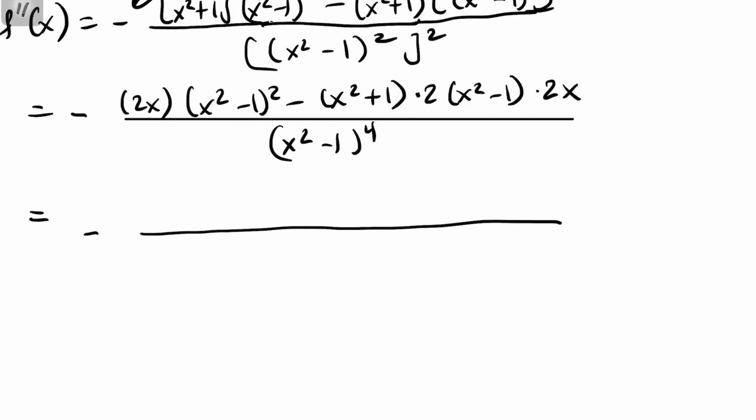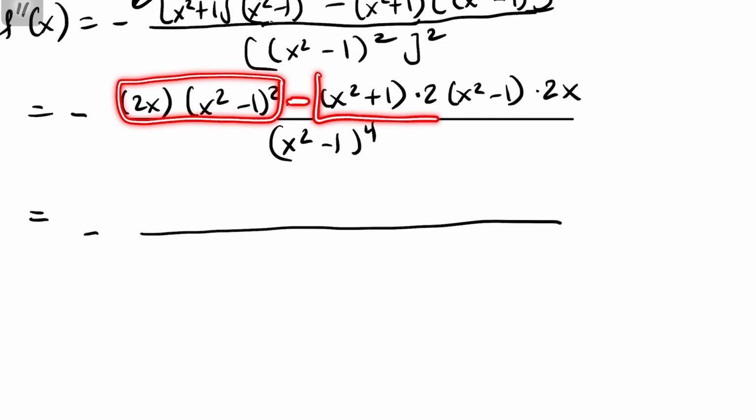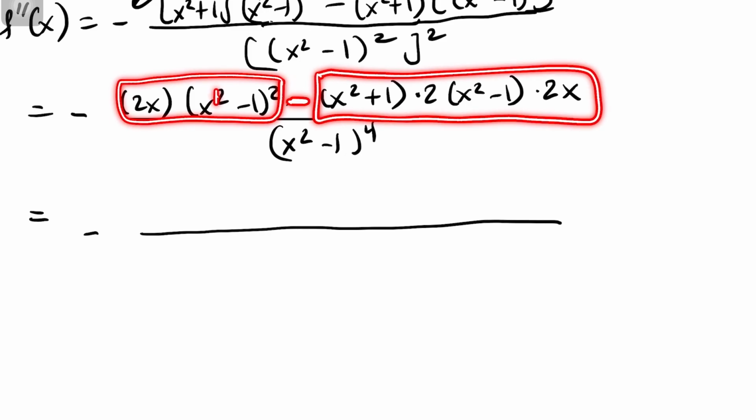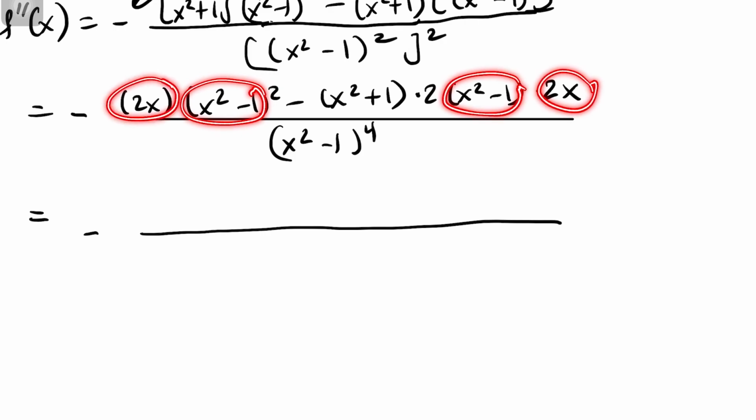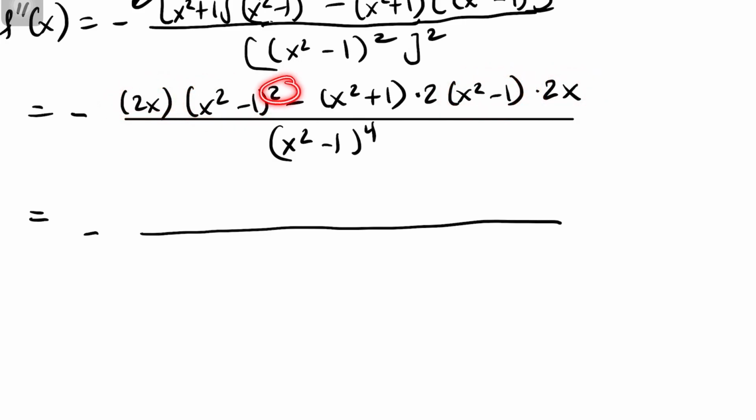So we're going to look at the factors. How many factors do we have? So here's one factor minus the other factor. So sorry, two terms, right? I meant terms. So this is one term minus the second term, right? And then in this first term, what do we have in common with the other term? We have the x squared minus 1 as a common factor. We also have a 2x here and a 2x there. So this one has an extra x squared minus 1, but we're going to be able to factor that much,